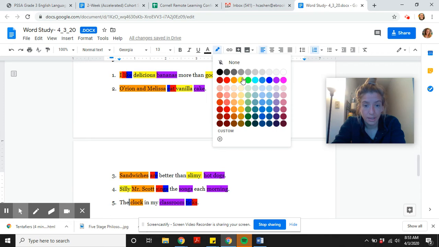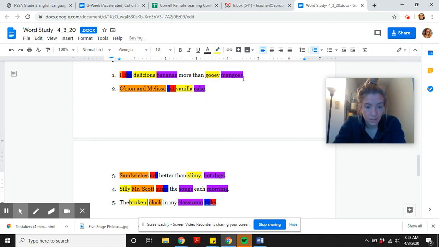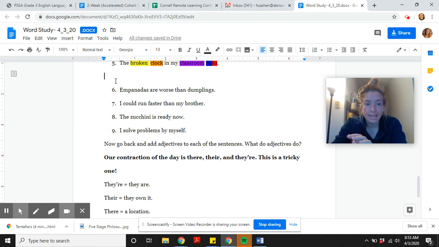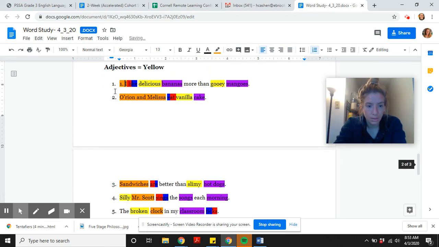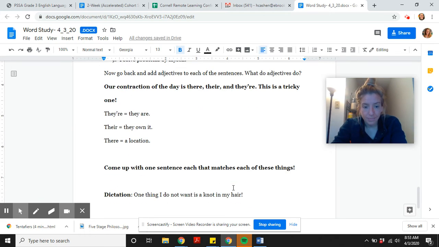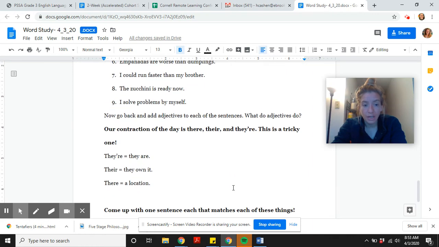The broken clock in my classroom ticks. All right, so your exit ticket is going to be working on these sentences and adding in your own describing words, as well as telling me which part of speech is which. Okay, now we're going to pause right here and go on to our contraction of the day,